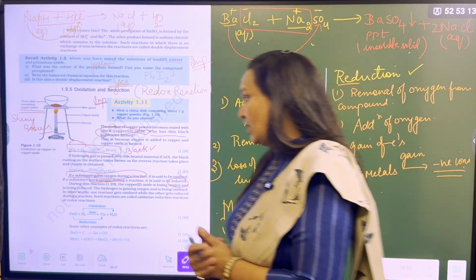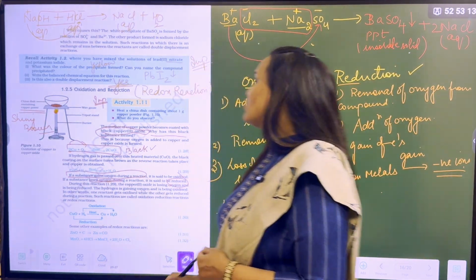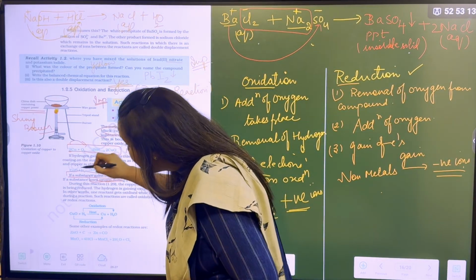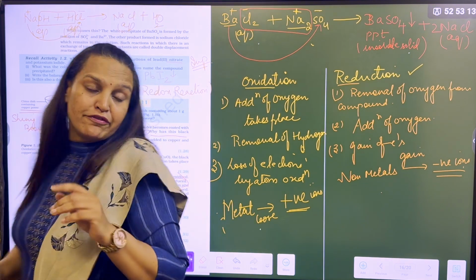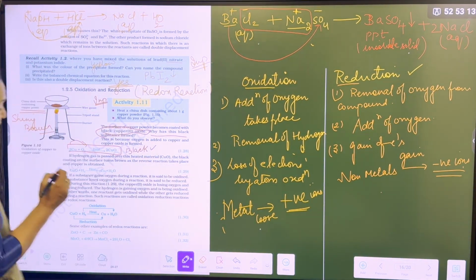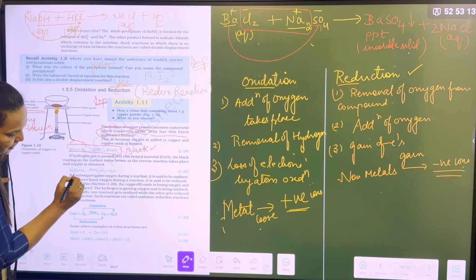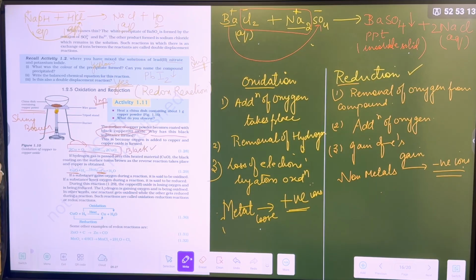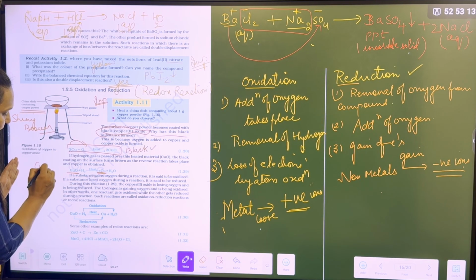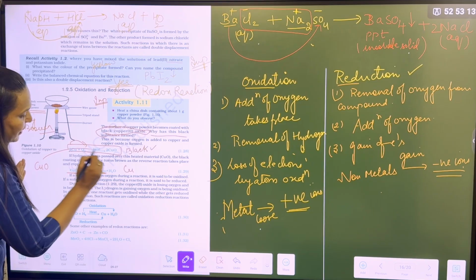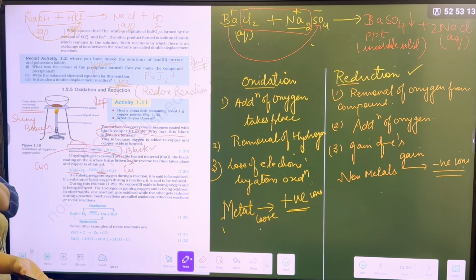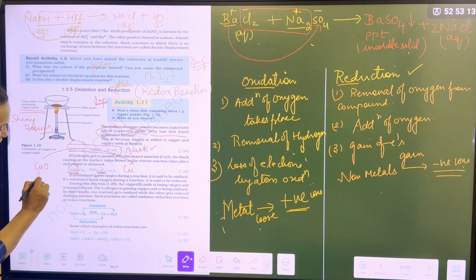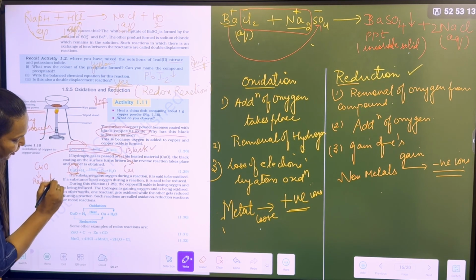Copper has undergone oxidation. But when hydrogen gas is passed over the copper oxide, what will happen? The oxygen of this copper oxide will be removed. Please look carefully. I am erasing and I am explaining again. When you pass the hydrogen, see this reaction. Here it is copper oxide, right? And in the product only copper is there. In the reactant it is copper oxide. In the product it is copper. If you compare the reactant and product, oxygen has been removed. So it means copper oxide is undergoing reduction.